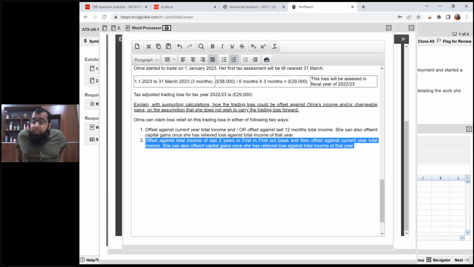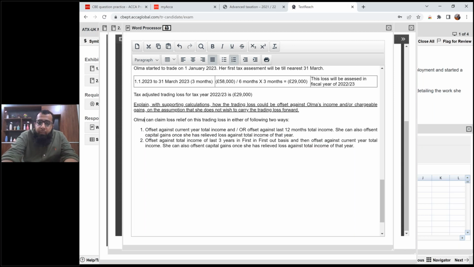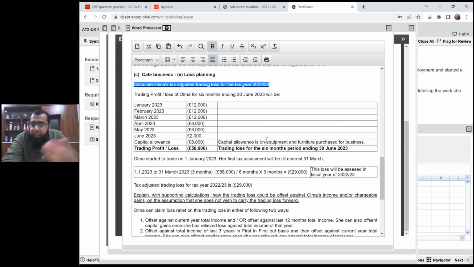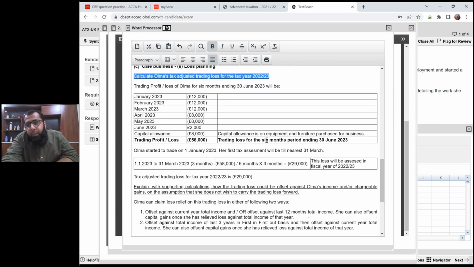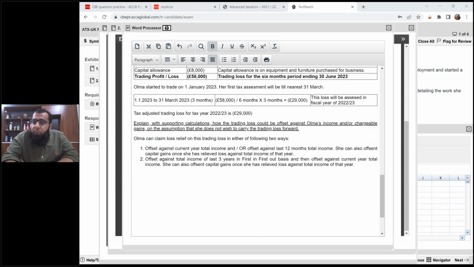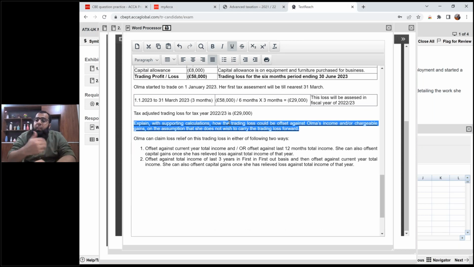Believe me, it is very easy. Just listen to me so that you can understand how I develop the argument. First, he asked us to calculate the tax adjusted loss. So we calculated the accounting period loss and then we applied the basis period. Then he is saying to explain with supporting calculation how the trading loss could be offset against Alma's income and